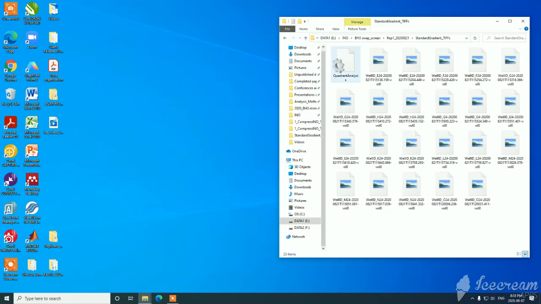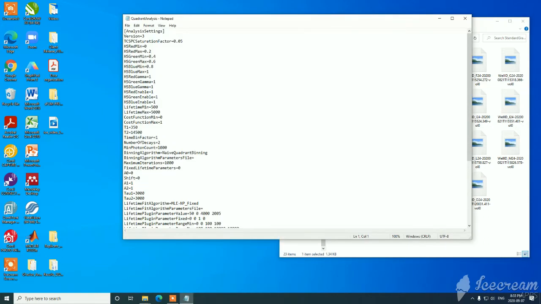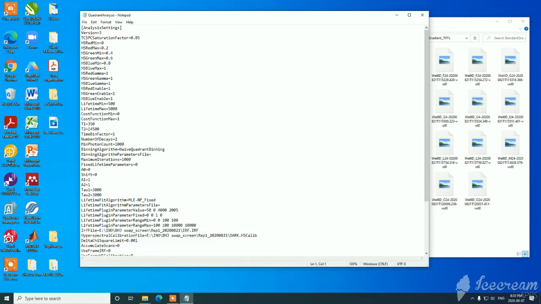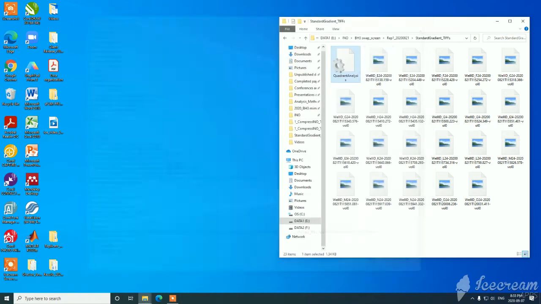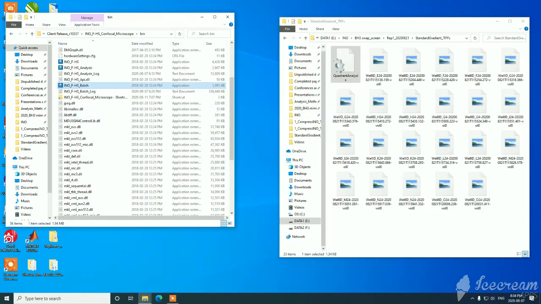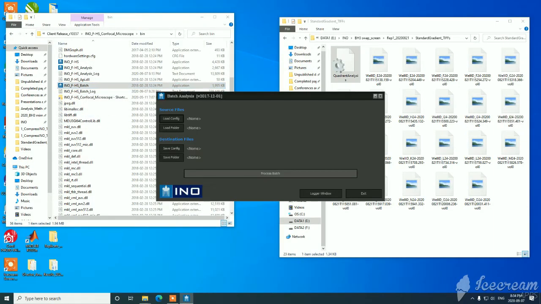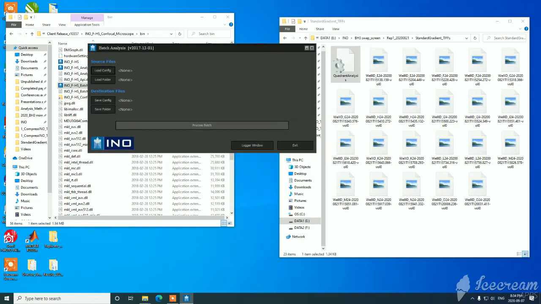So here's where we saved our quadrant analysis config file. Depending on the workstation, sometimes there is no local save directory designated, such as seen here. If that's the case, you need to add 2 quotation marks in order to avoid a future bug in running the next step. Once that's confirmed, we can open the INO FLIM hyperspectral batch analysis, where we designate the